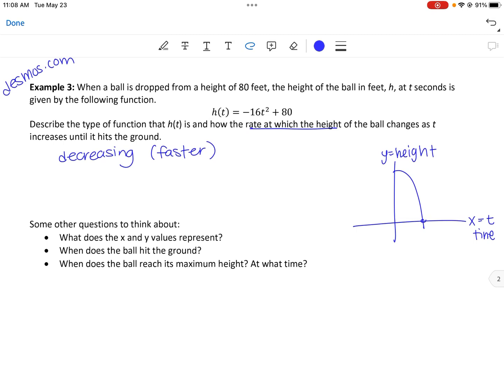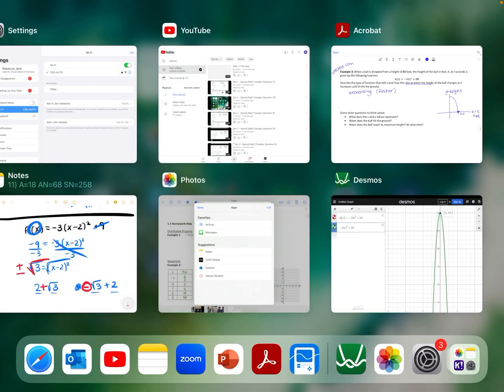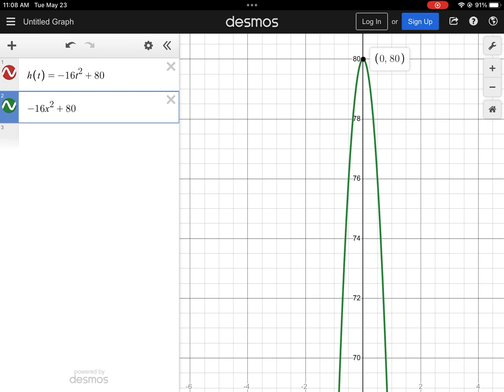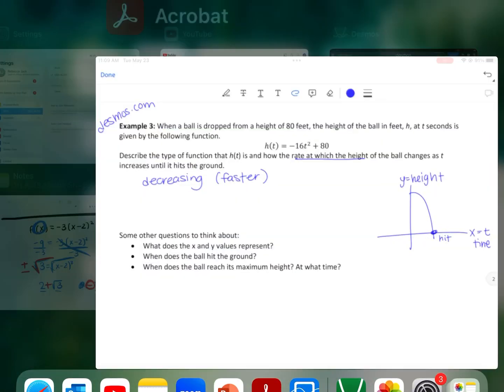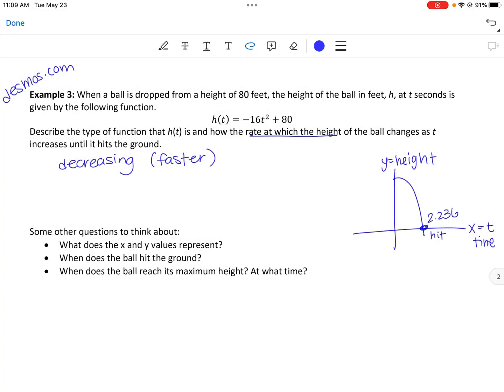If we wanted to find out when it hits the ground, it's going to hit the ground at that x-intercept. The thing I love about Desmos is when you zoom in or out and look at this point, it hits at 2.236. So we know that many seconds is when it occurs. And then we saw that the maximum height was up here at 80. So it reached 80 feet at what time? You could say when t equals 0, or 0 seconds. All right, good luck with